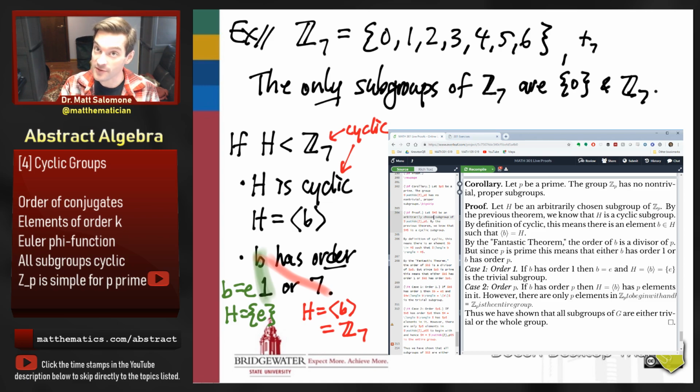But being a divisor of a prime is where suddenly we get really boring. We know that the order of that element is either 1, in which case that element is the identity, and so it only generates the trivial subgroup, or the order is P, which means that its cyclic subgroup consists of all of the elements in the group, and therefore the subgroup is the whole thing. Let me just compile this one more time because I had a bit of a typo. And there we go. So here's what our proof ends up looking like.